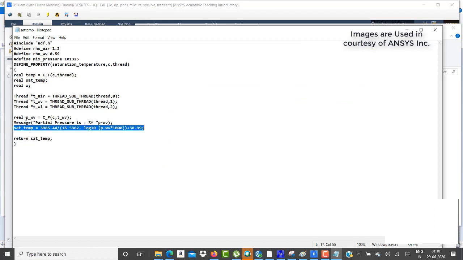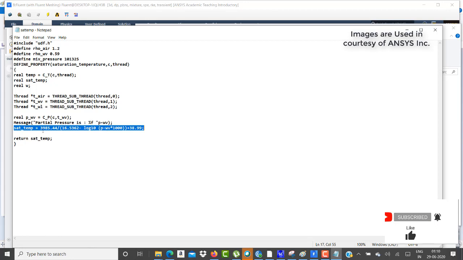So here, p_WV is nothing but the vapor pressure that is exerted on the liquid by the vapor that is present on the top, right? Each vapor pressure would have a certain saturation temperature. So if that temperature is attained in the volume, then automatically the vapor starts condensing. So we need to give the saturation temperature, which is calculated with respect to the vapor pressure.